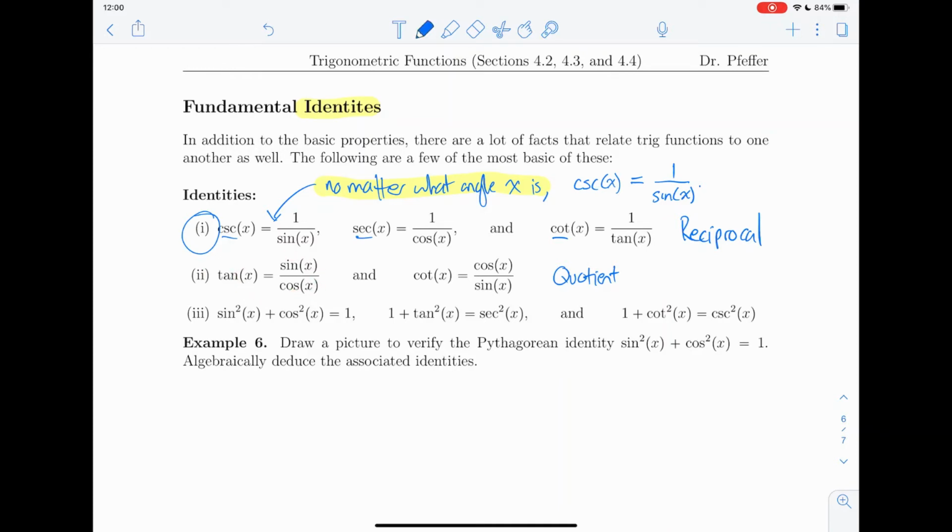For example, using x's, y's, and h's, we might remember that sine of x over cosine of x, well, sine of x is going to be opposite over hypotenuse, and cosine is adjacent over hypotenuse. And so if you do this fraction divided by that fraction, keep, change, flip, says that this is going to be equal to y over h times h over x, where the h's cancel. You get y over x,